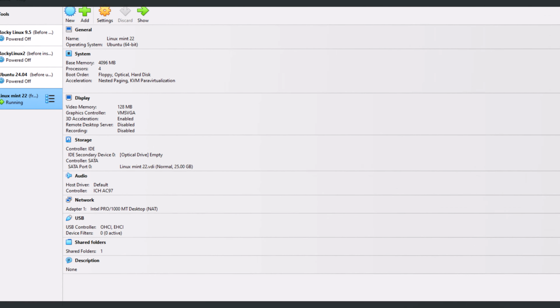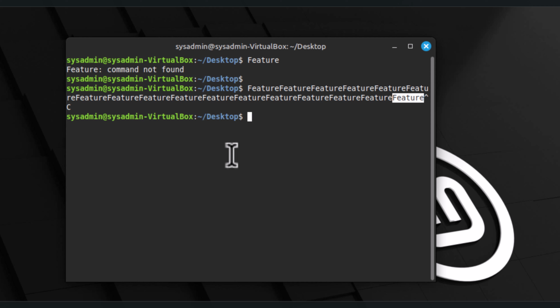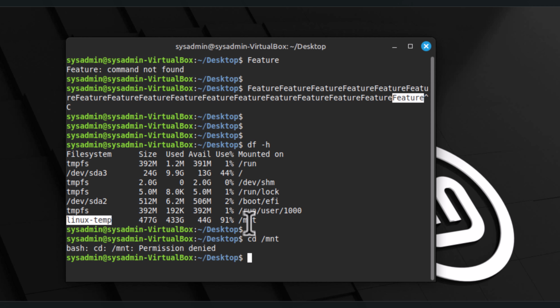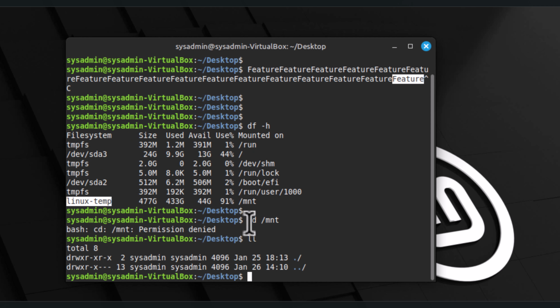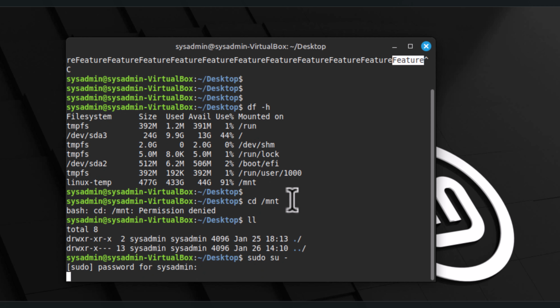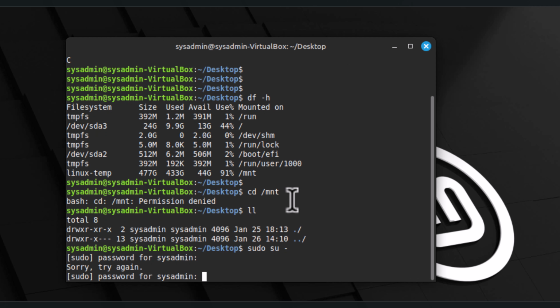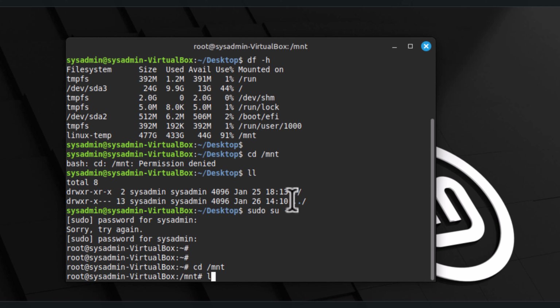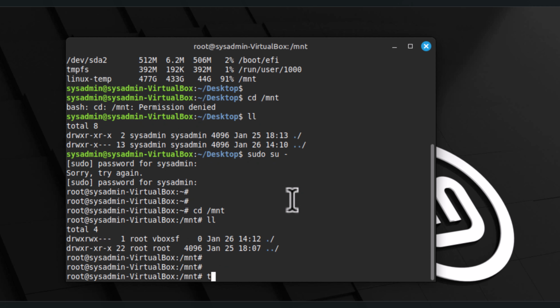Press OK. Go to the Linux Mint. See if it is mounted. Here you can see /mnt is mounted with the /linux-temp. Let me switch to root. /mnt. Now let me create a touch